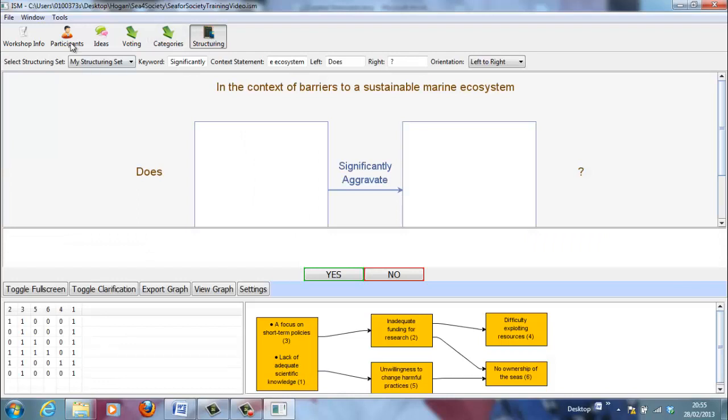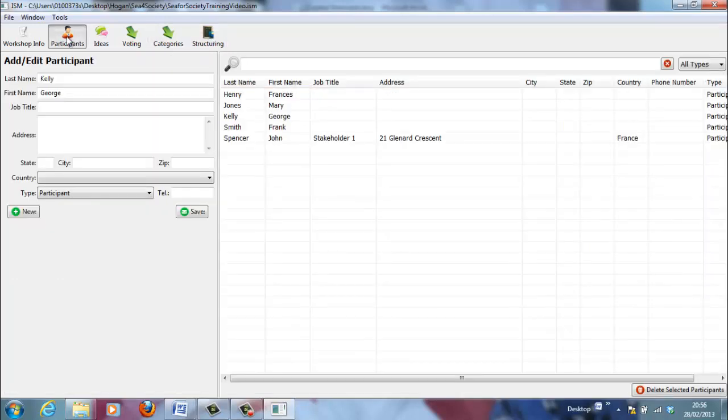And yeah, that's it. So when you're done, you can just close the file. Essentially all the data that you've collected on the participants in terms of their ideas, votes, and the structuring work that they've done, all of that is saved once you close the file, and when you reopen it, all that information reappears again, and the structuring that you've done, it all reappears again. So once we're done, we close file